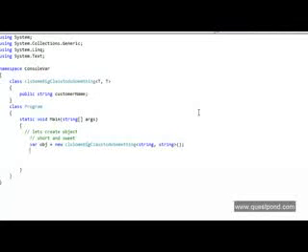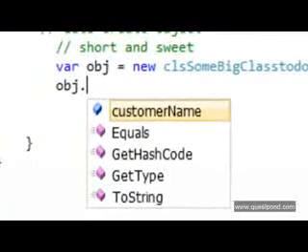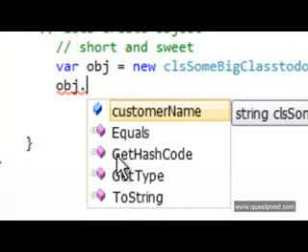Now let me define a property here called customer name. You can see that not only has the var keyword shortened your code and made it readable, but it has also made the obj strongly typed. As we have previously said, wherever you define a data type with var, it is not dynamically driven, it is statically typed. So we have gained both ends. We have shortened the statement, and on the other hand we are not compromising on performance. Why? Because the var obj is actually statically and strongly typed.